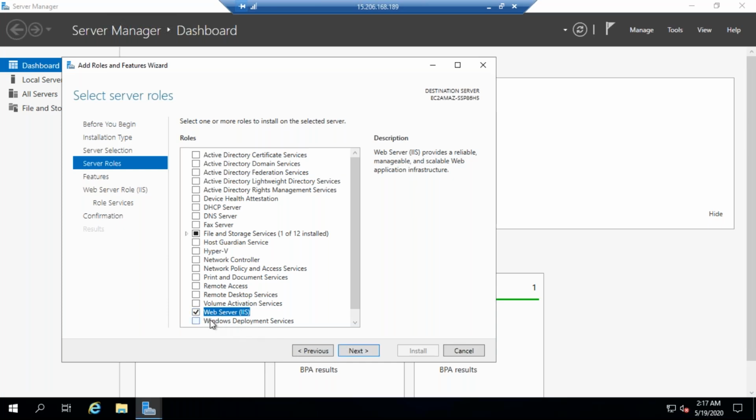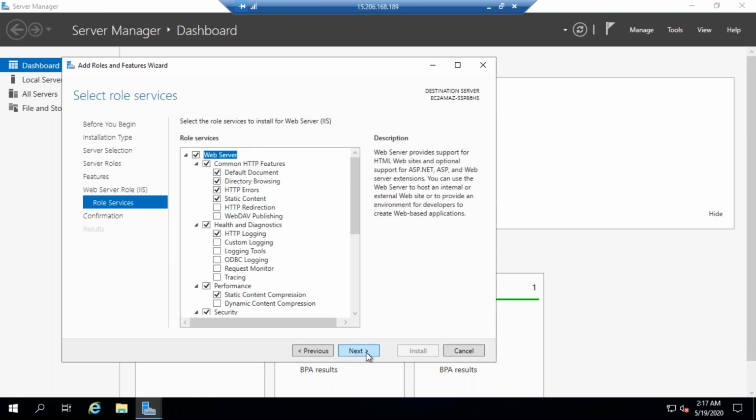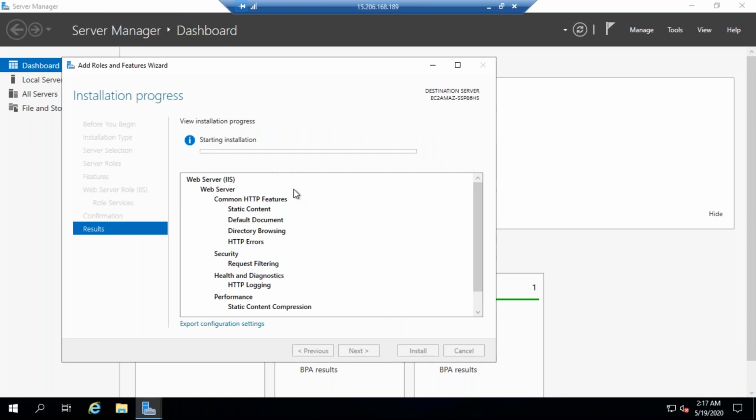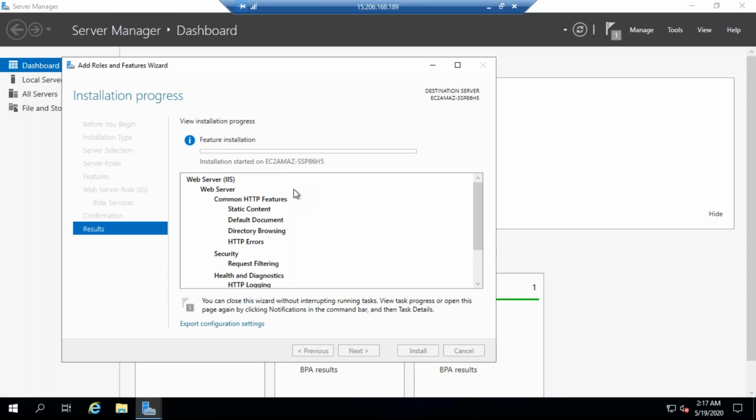So this is a right tick, right? You need to make sure that this is ticked. Okay, click next, next, next. Install it. So it is going to install now. Let's wait a while so that this IIS server will be installed. This is the web server which you need if you want to deploy your applications on a Windows machine.